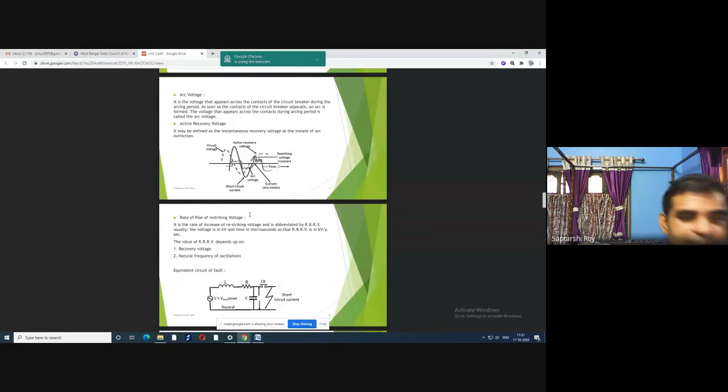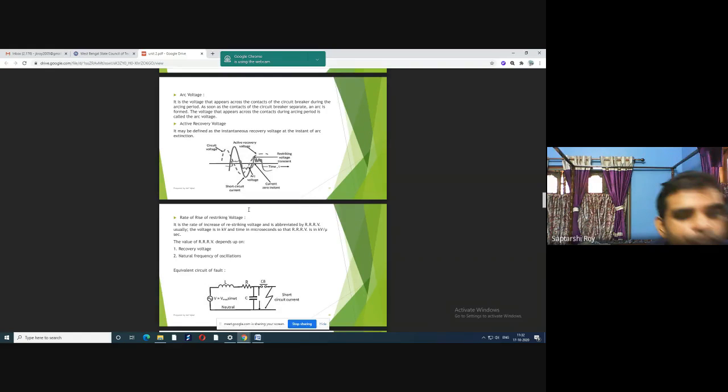voltage. এখানে কিন্তু পরীক্ষায় প্রশ্ন দেয় যে rate of rise of restriking voltage এর ইউনিটটা কি, সেটা হচ্ছে ভোল্টেজের ইউনিট বাই টাইমের ইউনিট, মানে ইউজুয়ালি কিলোভোল্ট পার মাইক্রোসেকেন্ড বা কিলোভোল্ট পার মিলি সেকেন্ড, এই ধরনের ইউনিট হয়। আর ভোল্টেজের ভ্যালুটা হাই থাকে আর টাইমের ভ্যালুটা কম থাকে।